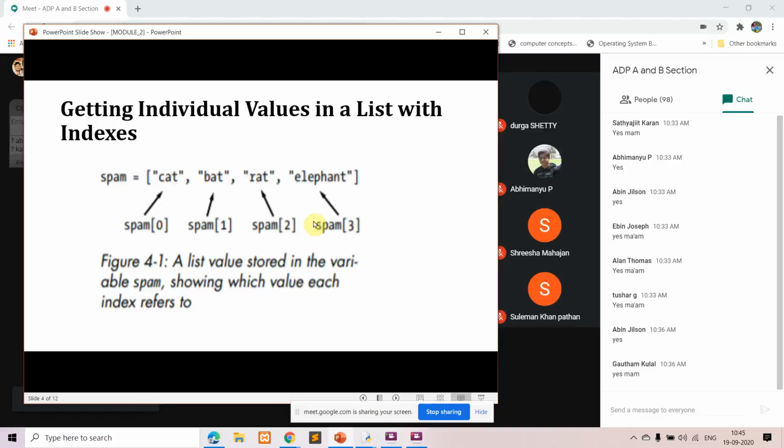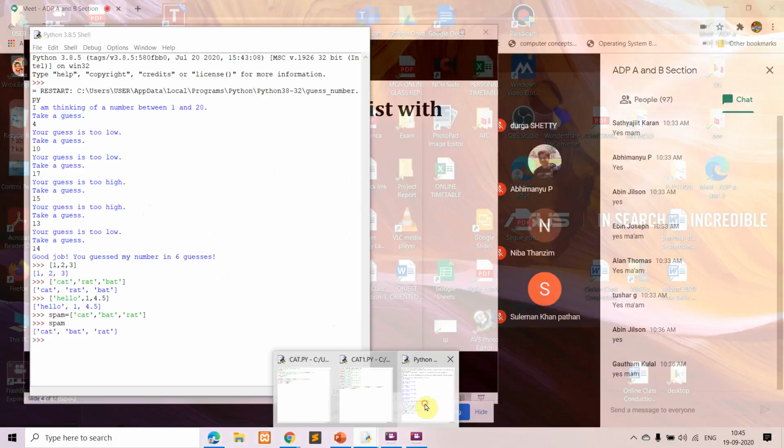So this is an example which is telling us each of the items in the list are indexed. If you want to access any of the items, then you can access it through the index. Okay, so I hope I'm clear with this. Again we'll see with an example.